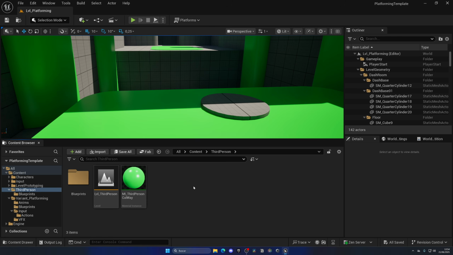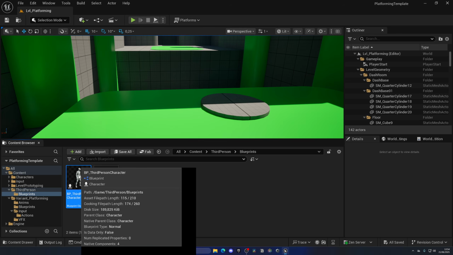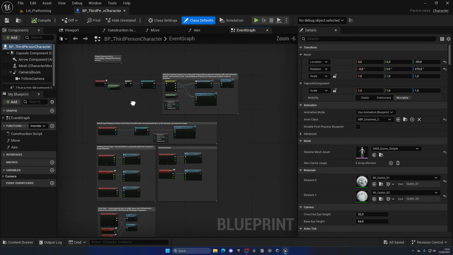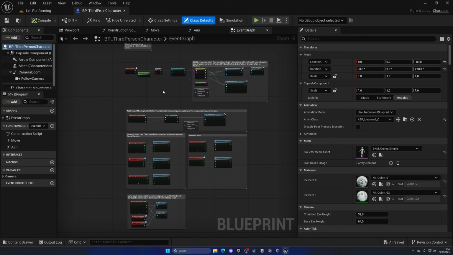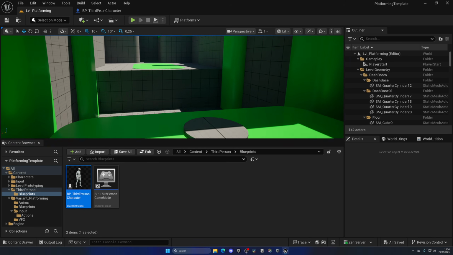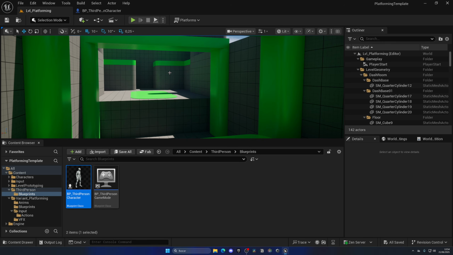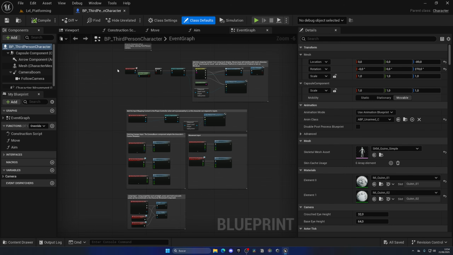This third person folder is essentially the default third person character that we've all known since Unreal Engine 4. Well, UE5 pretty much, right, with the new mannequins. But what I mean by that is that it doesn't have any jumps or anything. It is the basic controller of the third person template. So in this blueprint specifically, we do not have any of the crazy dashes or kind of jumps. This is purely